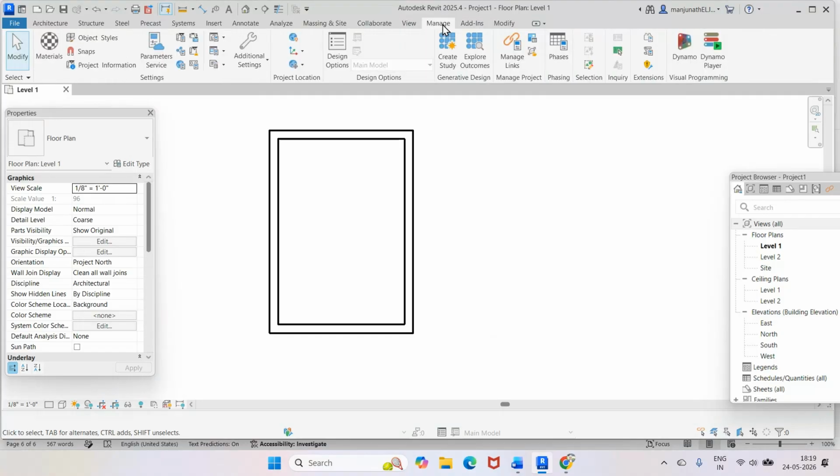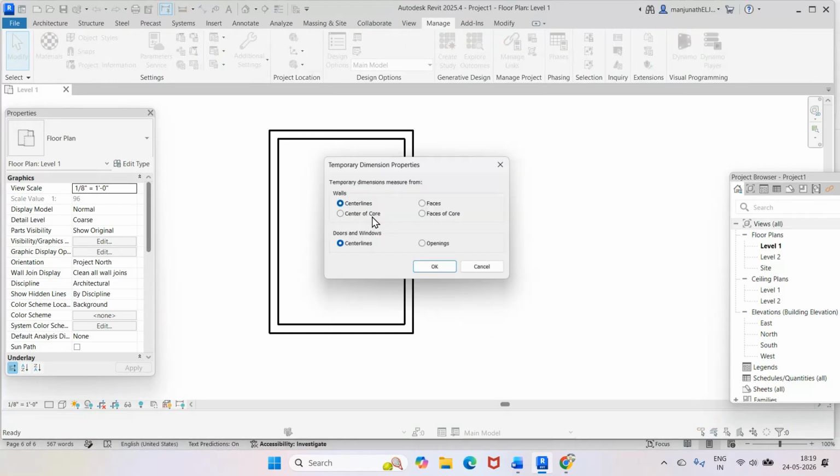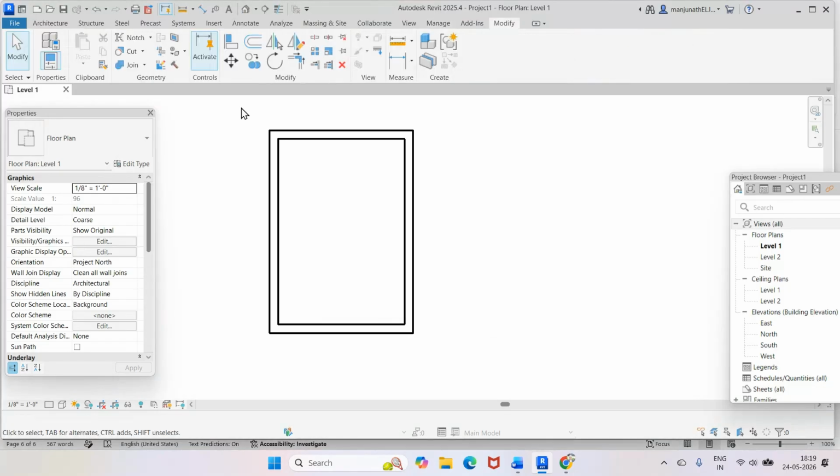come down to annotation, click on temporary dimension. The temporary dimensions measure from centerline of walls. Instead, I will click on faces. Then for the doors and windows, I will click on openings and say OK. Now, if I try to give the dimension for this, I will go to view, go to annotate, go to aligned dimension,